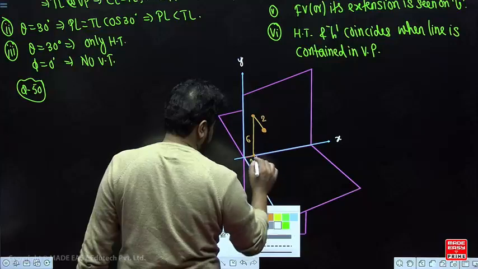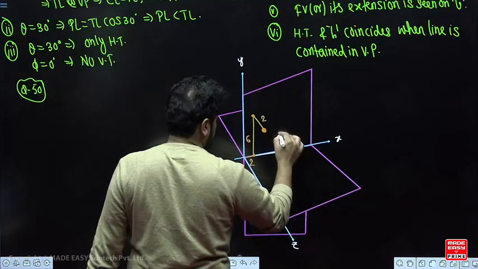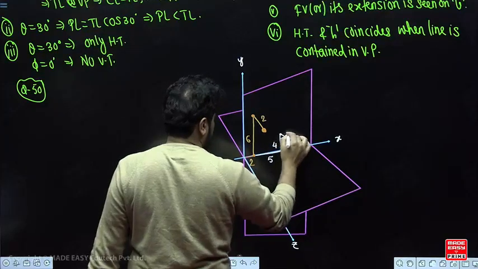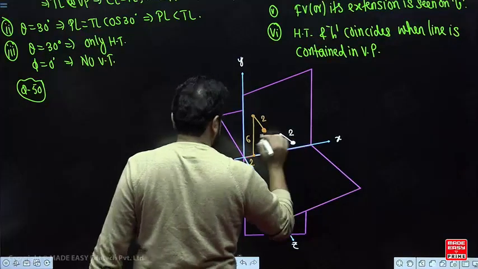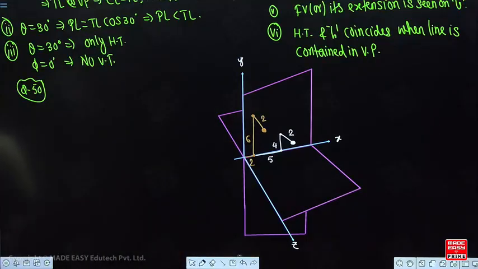Another point is 5,4,2, correct. What will be the coordinate of the horizontal trace? So they are asking,